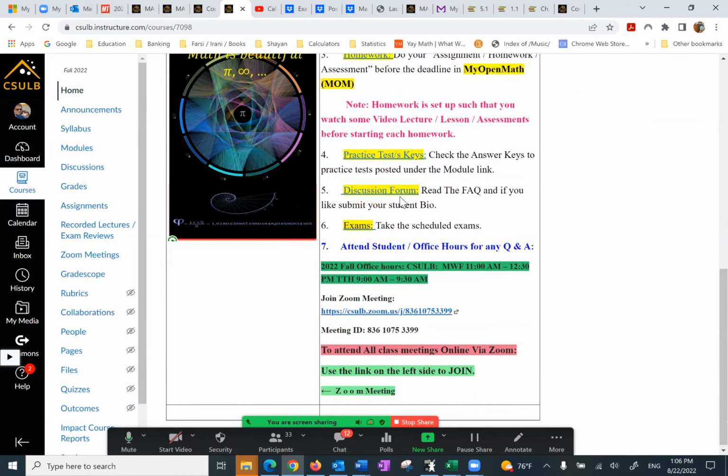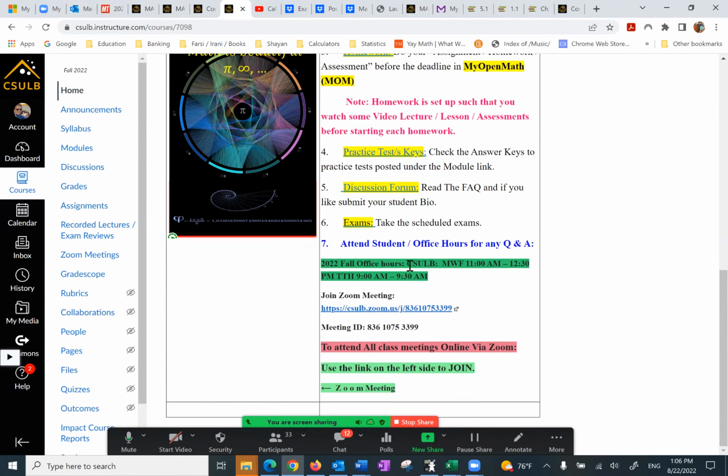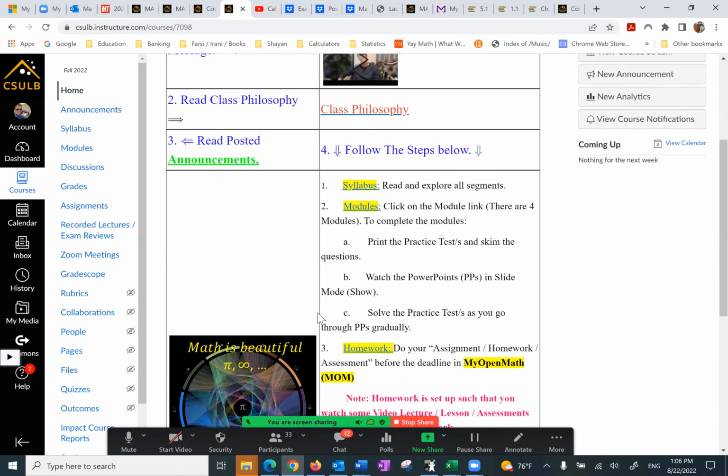I've already discussed the discussion forum, the frequently asked questions and bio. Number 7, office hours in case you have any questions. But at the bottom of the page, the Zoom meeting right here on the left side is where you attend the class.